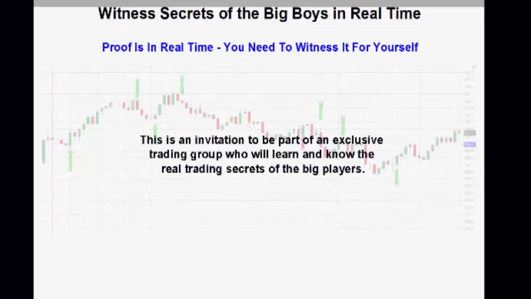This is not a black box. This is not something that's going to be automated for you. This is something you're going to actually learn. Once you learn this, you'll never have to do anything again. You'll never have to work for anybody. You'll never have to need people working for you. None of that ever again.